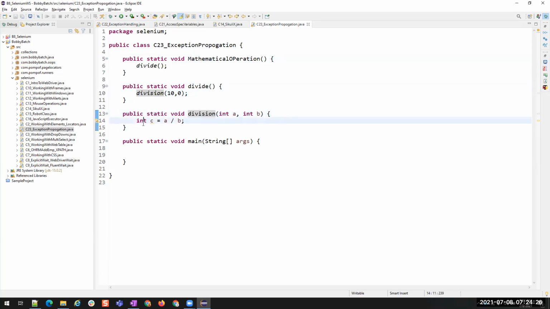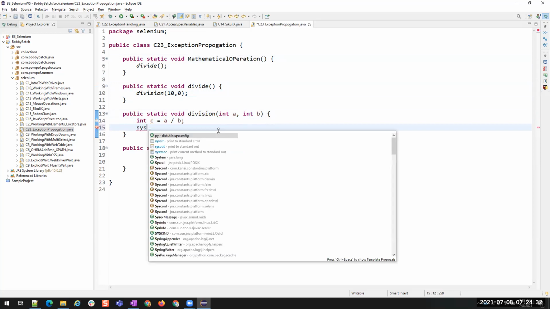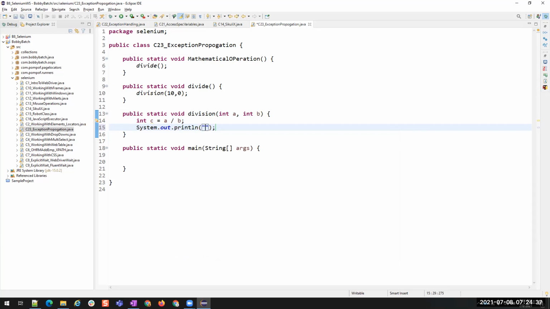In the division method, we are performing the division operation, and then let's print out this C value: result of division is plus C. So this is our method. Now we are going to call the mathematical operation method in our main method. Now let us run this.